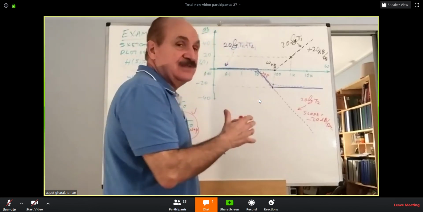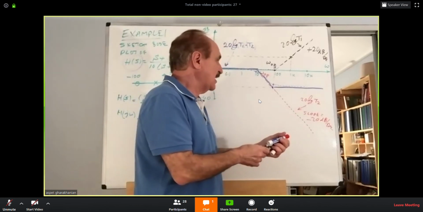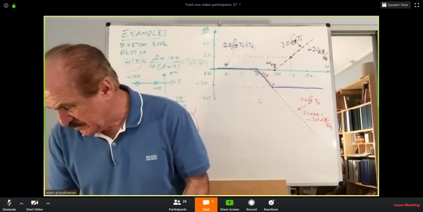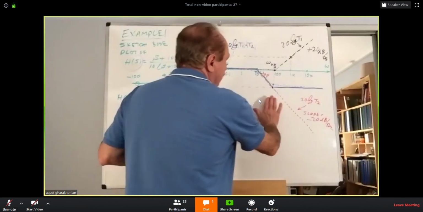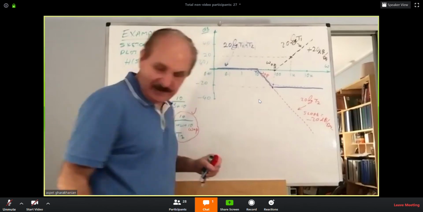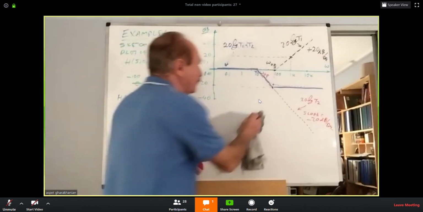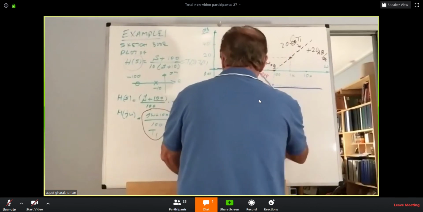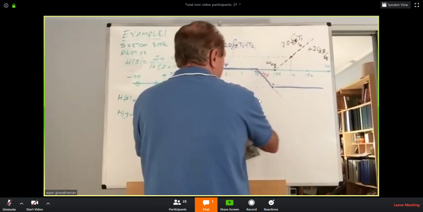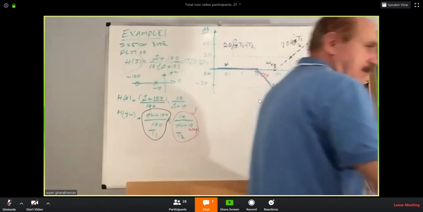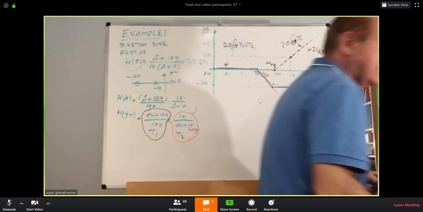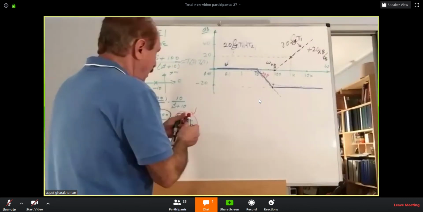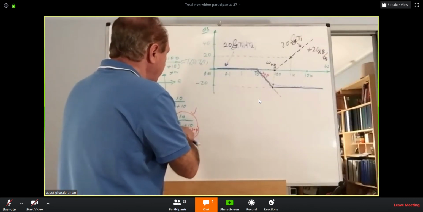Now, the phase angle. Let's see how the phase angle is going to look. Let me see the space. Okay. So I need to take away from the board a little bit, in here, so I can draw the phase angle. The phase angle is going to be